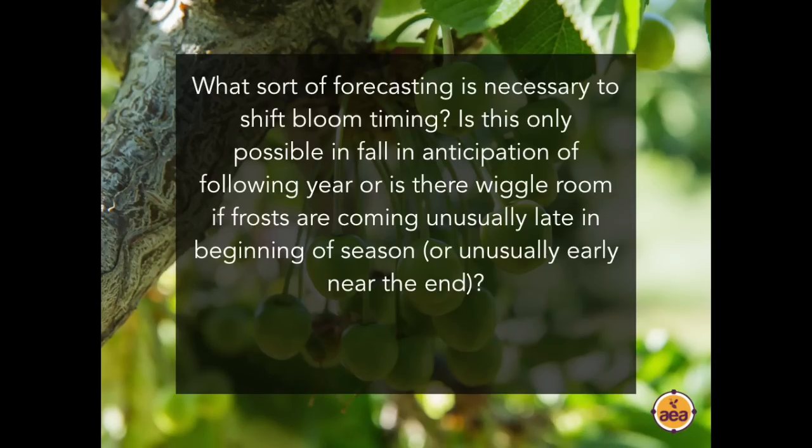Question, what sort of forecasting is necessary to shift bloom timing? Is this only possible in fall in anticipation of the following year? Or is there wiggle room if frosts are coming unusually late in the beginning of the season or unusually early near the end? So, as I mentioned when I was speaking about this, it's quite easy to speed up and produce earlier bloom,